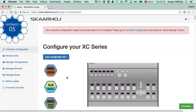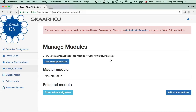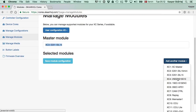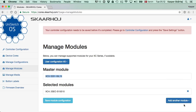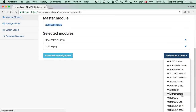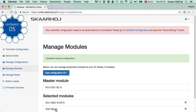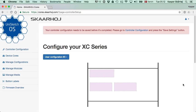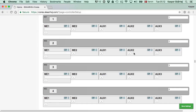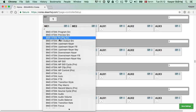We can also add modules. So since we now are dealing with a modular controller, and XC3 being the master, we can add support for other modules. So let's add a section with buttons. Let's add a replay controller. Let's add a camera module and save this configuration. We go back to controller configuration, and now we see the master module here, but we also installed the support for these modules, and we can now click on the hardware interface component of those,